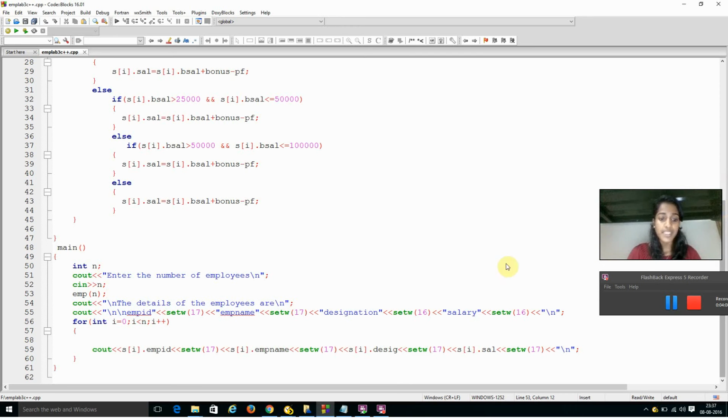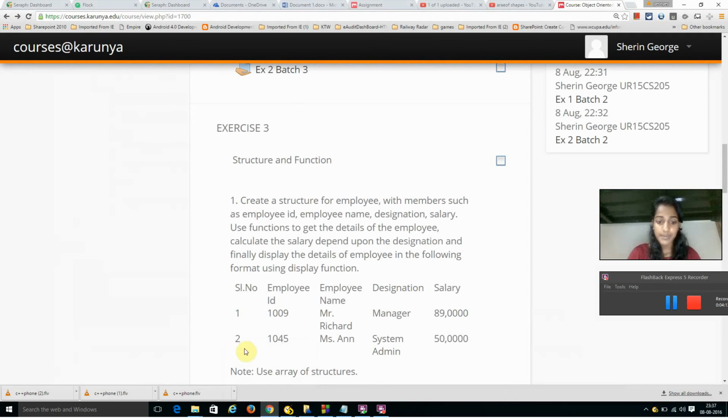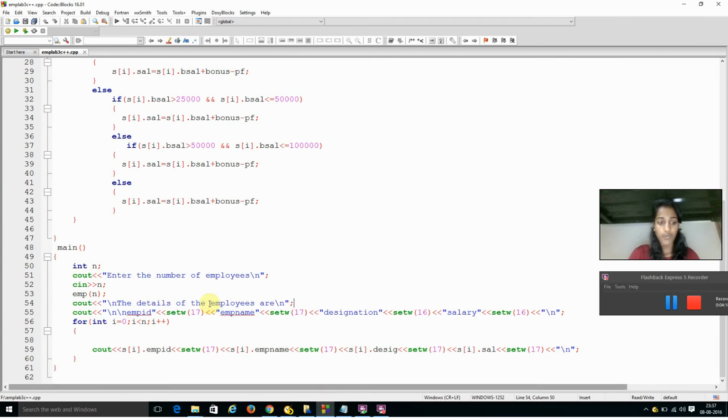Now just a simple display pattern is going, as you saw in the question, you have to display it in this form. So for that we are going to make certain changes in the program. What I have done is first a cout statement for the details of the employee. In the cout statement you can see after emp_id, emp_name, and designation, in between I've given setw. I've given a particular value, and you can give any value inside. According to the output I've given 17 here, and setw will set a space of 17 in between these.